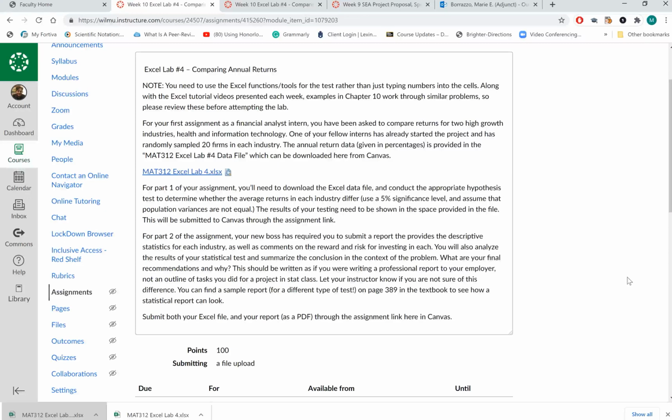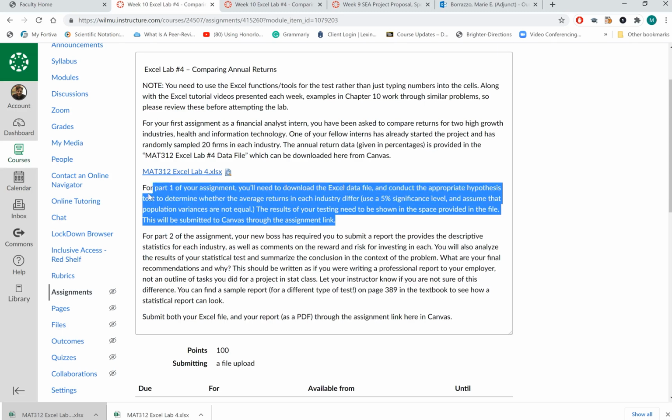All right, class. So this is a quick overview of Excel Lab number 4, comparing annual returns. And you can find this in your week 10 assignment for the Excel Lab 4. Pay attention to the detail and why I'm doing this in the manner in which I am, because they give you some insight right here. Pay attention to the insight given to you right here. You'll notice